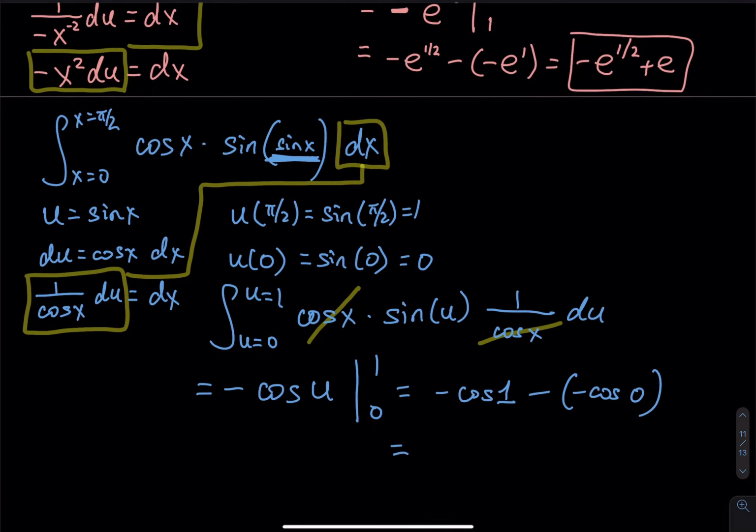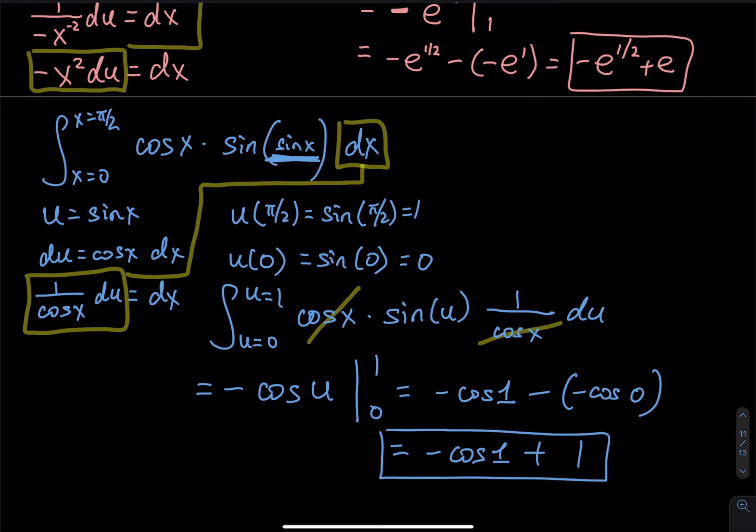So cosine of 1, we don't have that in the unit circle. I will just leave that as cosine of 1. And then cosine of 0 is equal to 1. So minus minus gives me a plus 1. I will leave my final answer like this. Alright, so that is